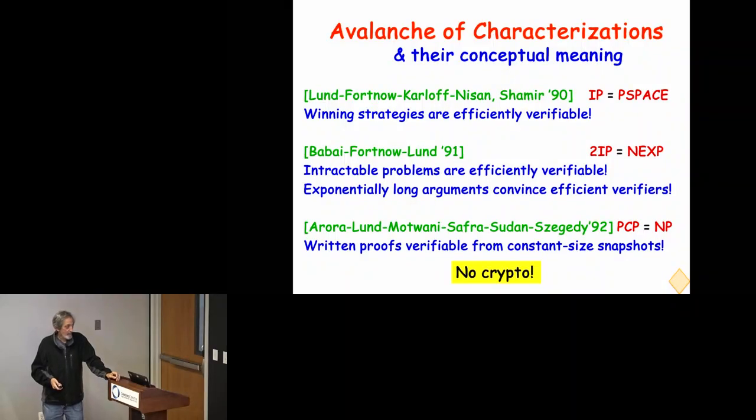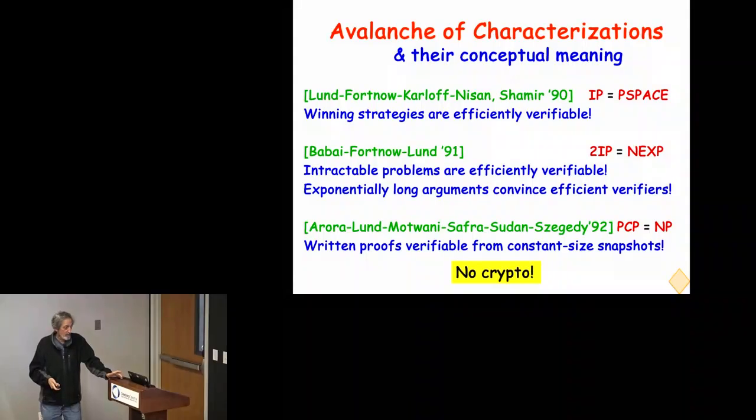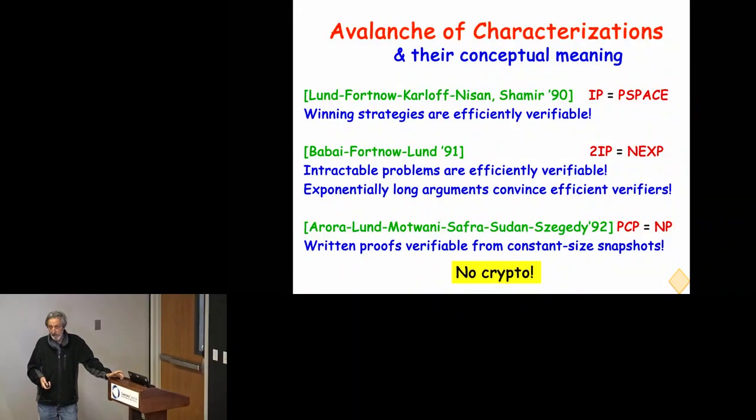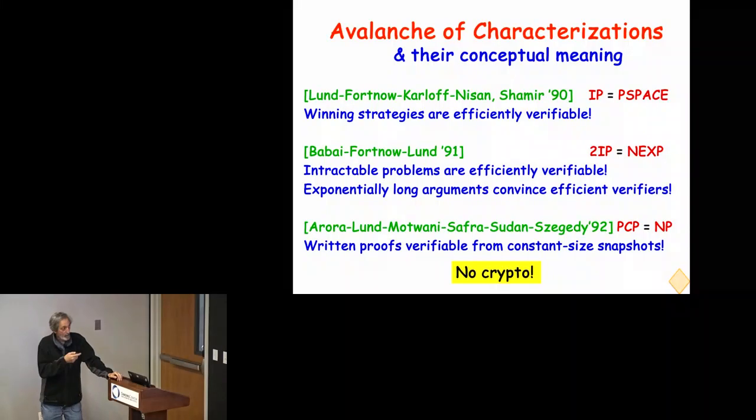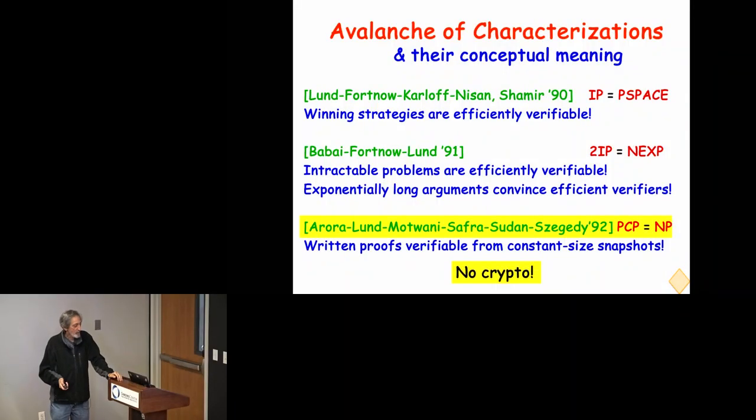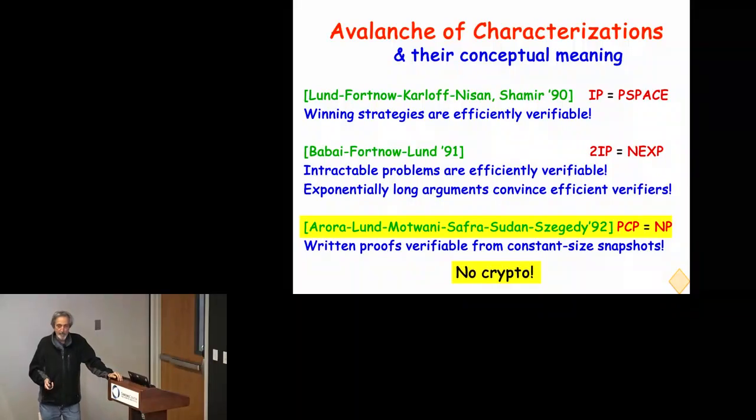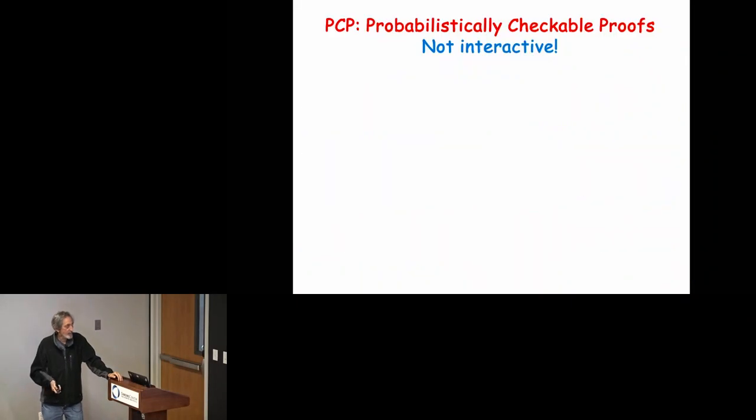And the third one is about a new proof system that I didn't define yet, the PCP, probabilistically checkable proof, that I'll describe now, that turns out to characterize a classical class, NP. All these theorems have no assumptions in them, pure mathematical theorems. So I want to talk about this second surprising or paradoxical proof system, which is PCP.